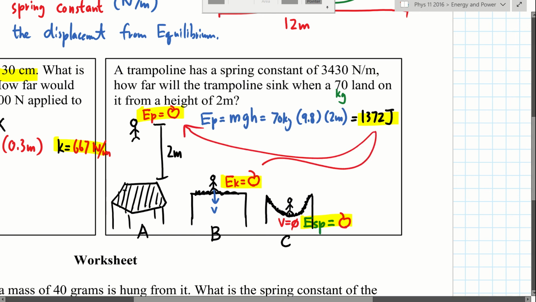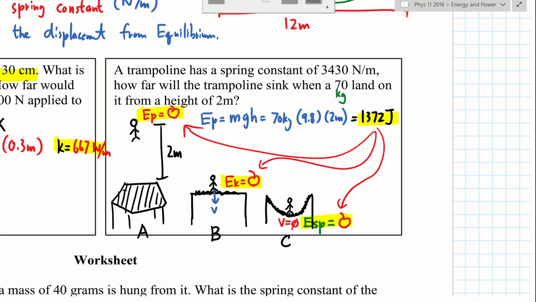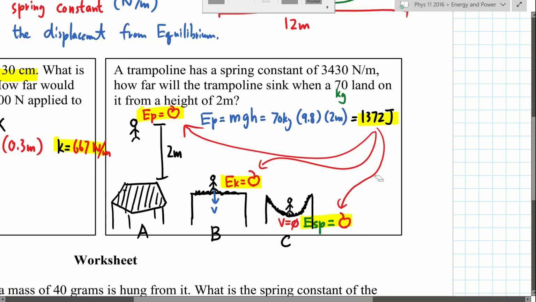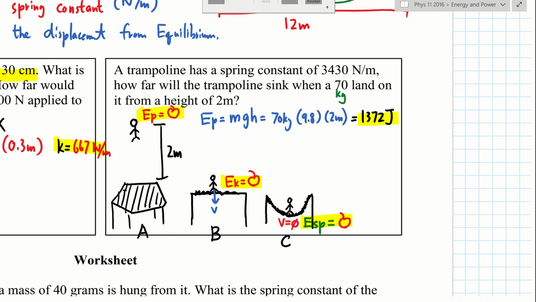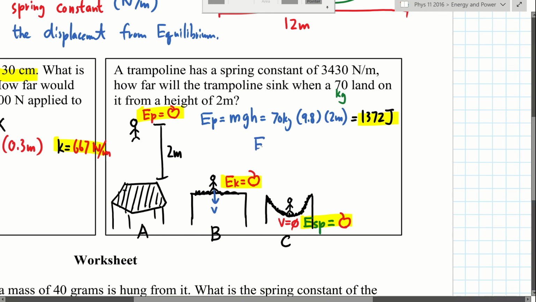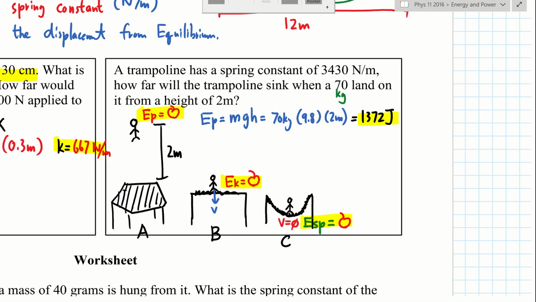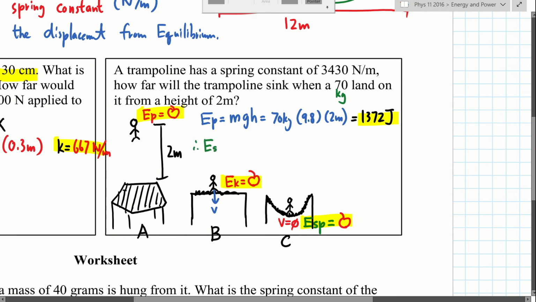That's also the amount of kinetic energy that you have when you hit the bottom. That's also the amount of stored potential energy in the fabric. Assuming that the world is perfect though, right? Assuming that there's no friction lost due to heat and everything, assuming there's no vibration. Now we can make that assumption in here as a practice. So assuming the world is perfect, that is also the amount of energy that you're going to have down there. So, conservation of energy tells us that we have our spring potential energy, which should equal the potential energy when you're at the top, which is equal to